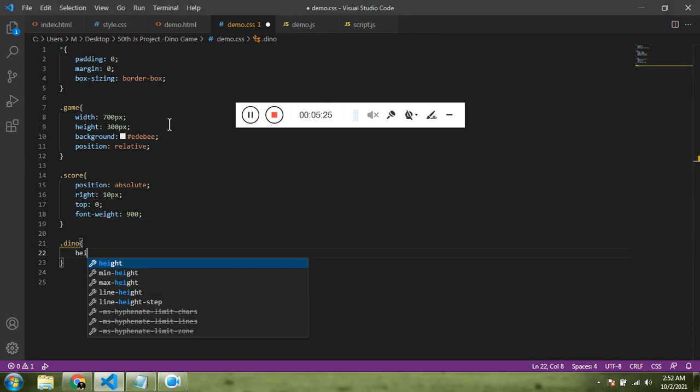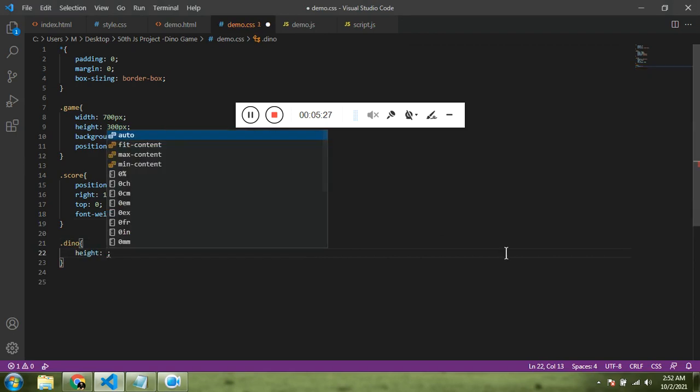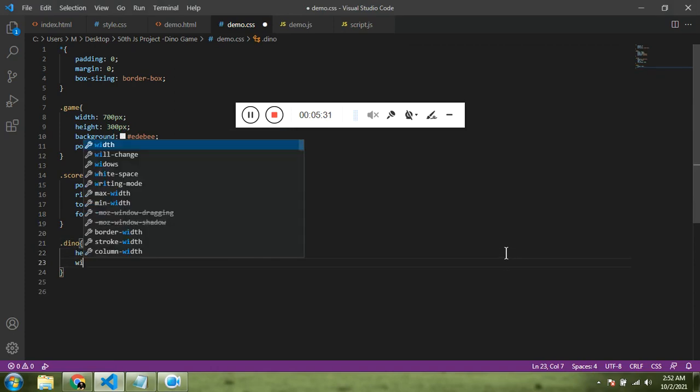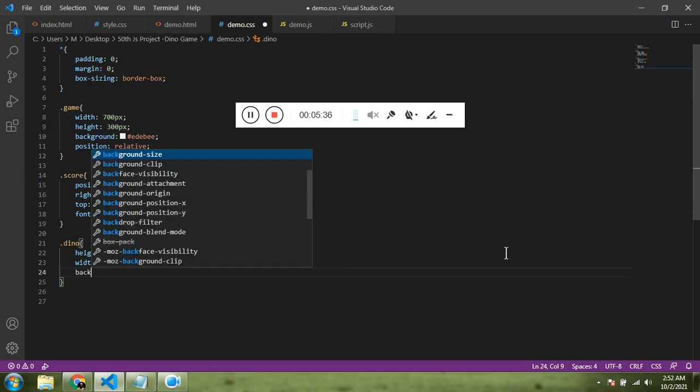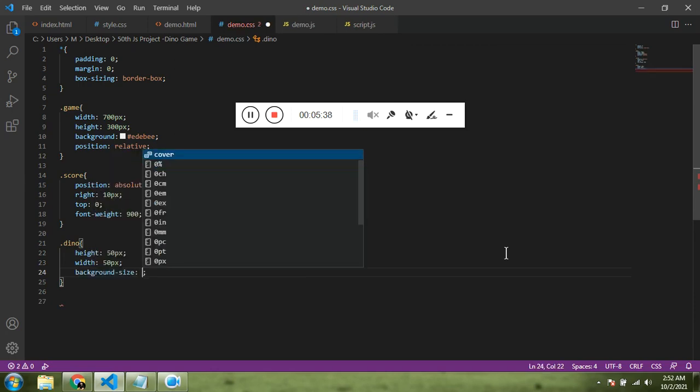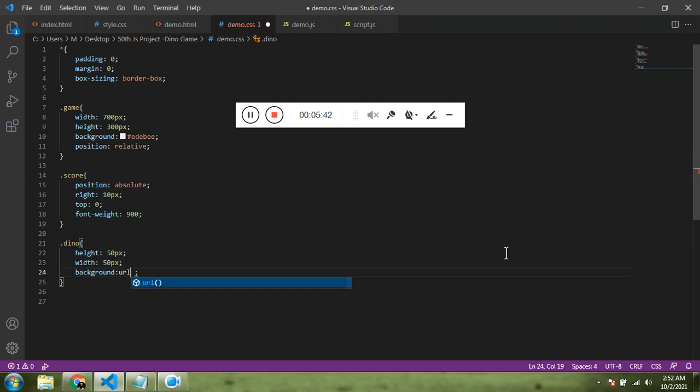The next thing, let's start styling the dinosaur. Again, height and width, I have calculated it: 50 pixels height and 50 pixels width, and let's have the background image of the dinosaur. URL simply dino.png in the quotes.